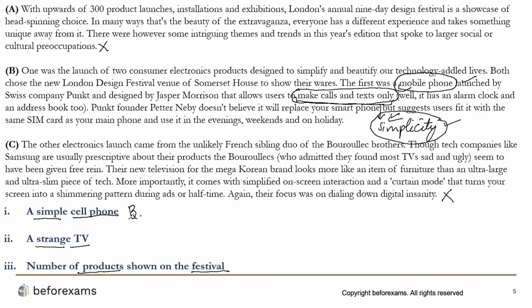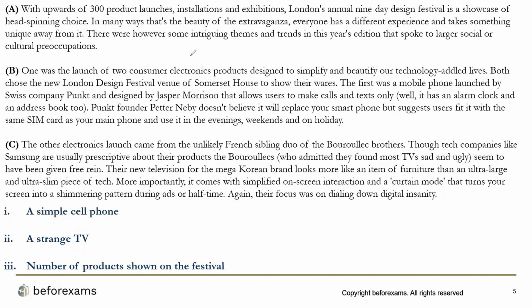Now, if I have found the answer for the first heading, I'll strike this off. Also, I'll strike this paragraph, because I'll not have to read the paragraph again. When I'm finding the answer for the next one, I only have to skim and scan the 2 paragraphs, not this one, right? So this will ease my job. This is how we'll be attempting these kinds of questions. I'll leave the other 2 for you. You can go ahead and attempt these questions.